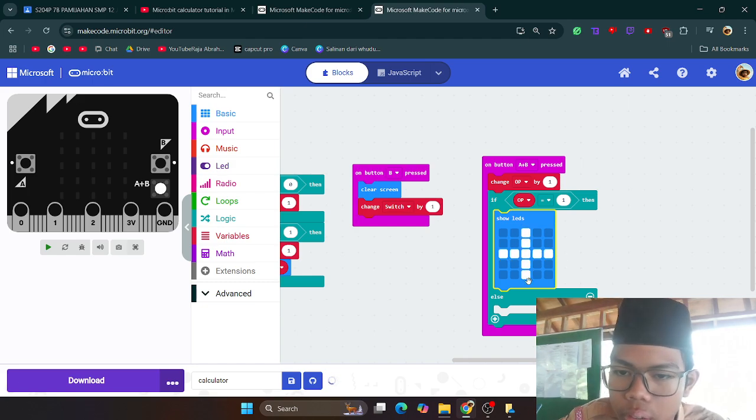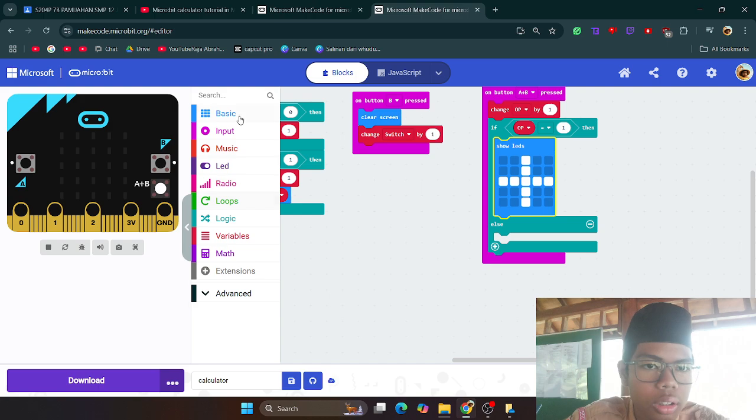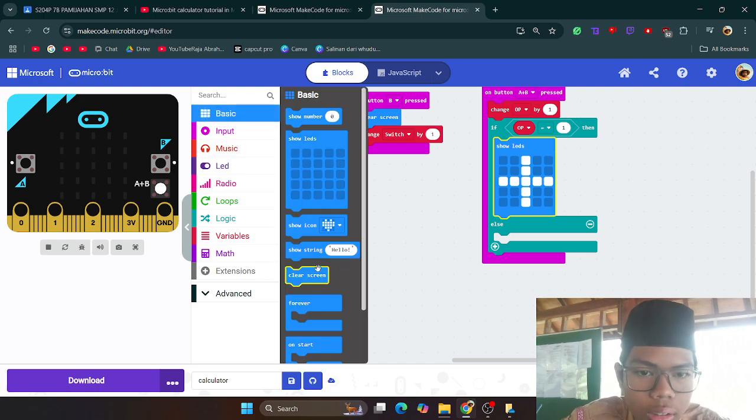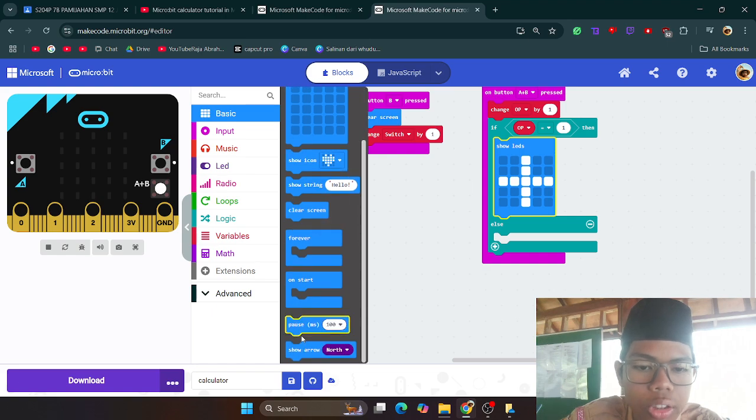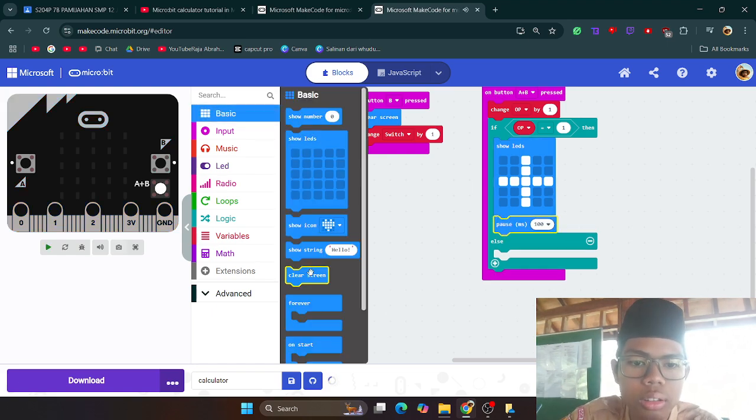Our first operator is gonna be plus, just like this. Now just add clear, just add pause 100 millisecond, then clear screen,